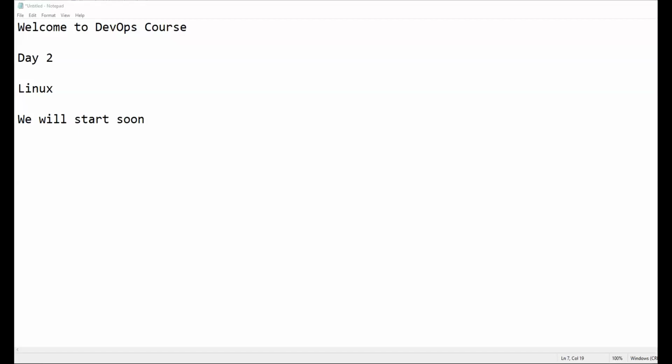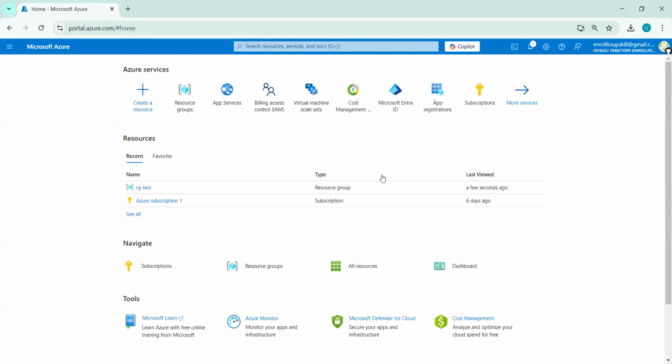So today we are continuing our Linux sessions. Yesterday we saw how we can install Linux on our local machine and do the practice. But for some, you may not be able to do it if your laptop is old or has some issues, or you are using an office laptop and cannot have your own personal laptop. So in that case, how can we practice? That's what we will see today.